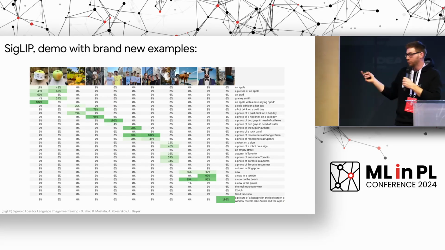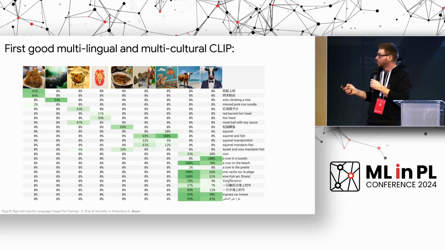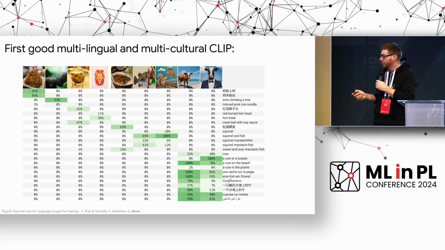And these types of models are now widely used in photo search. If you want to search your photo library for specific things, nowadays you can do that. In the past, you could just search for 1 out of 20, 30,000 classes that people came up with first. Cool. Then there is a multilingual version of that too that you can try and download, which for original